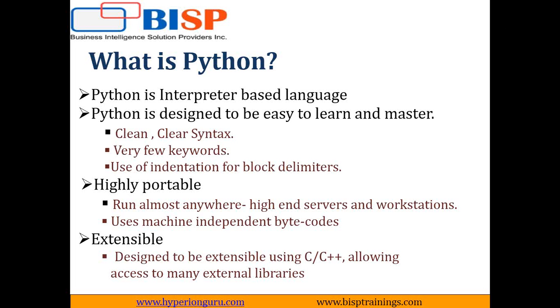Like in Java or other programming languages, we use brackets to specify the start of a block. Whereas in Python, we use indentation to start blocks. So for specifying the block delimiters, instead of using square brackets or curly brackets or any kind of brackets, we use indentation. This is the most notable feature of Python, that it indents source statements to make the code easier to read. It is highly portable,